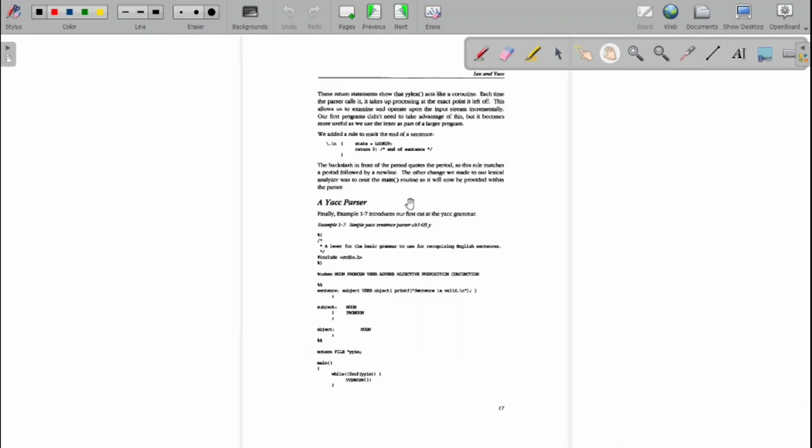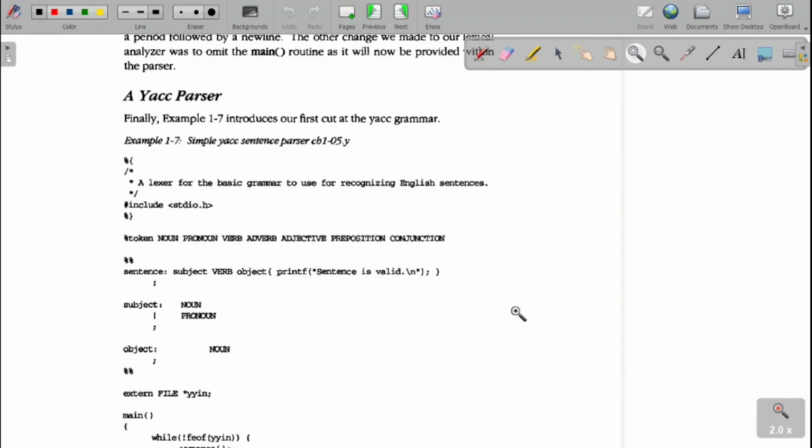Then the next will be when it will be reset on the dot or the new line. We are going to reset this one. So now let us look at the Yacc program over here. In this Yacc part, the Yacc part will have the extension as dot y. You have to remember that the lex part will have the extension as dot l, and this will have the extension as dot y.